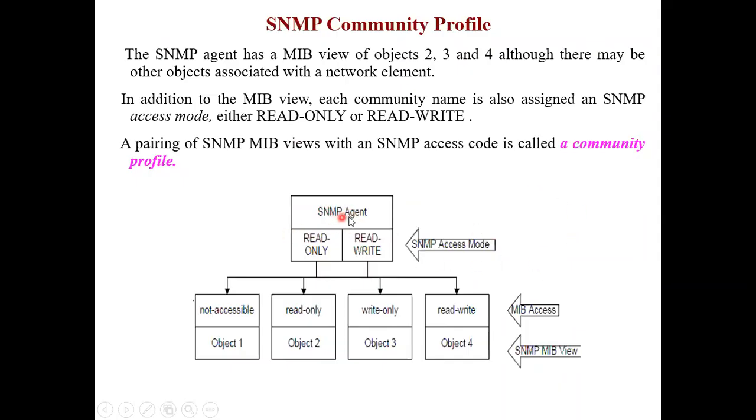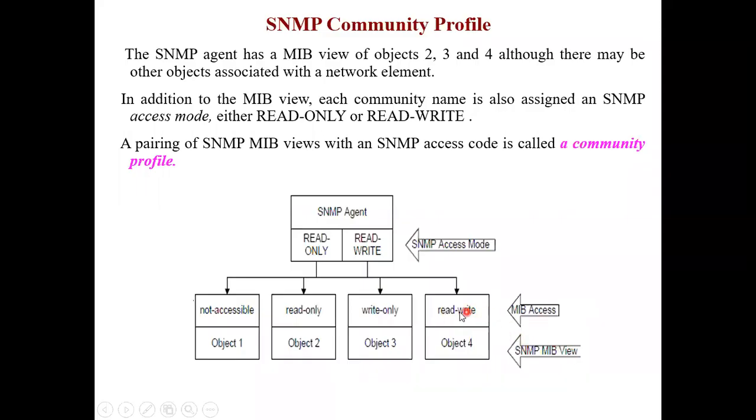Now, continuing with this, suppose here I have an agent, an SNMP agent. There is an SNMP access mode. The SNMP agent can perform read only, if I have the data, or it can read as well as write. So this is the SNMP access. Now, when I say the MIB view, that tree diagram, what is below this agent? Objects. I have not taken the manager over here. Suppose the agent is there, and below the agent I have the objects. For example, right now I take 4 objects: object 1, object 2, object 3, and object 4. This is the tree diagram that is growing. So that is the SNMP MIB view.